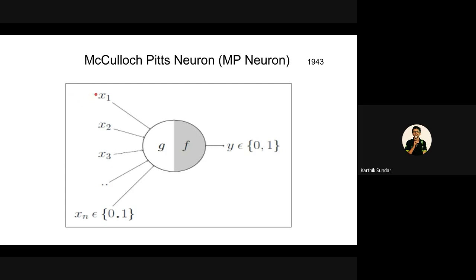So X1 can be whether your stomach is upset or not. X2 can be whether you're tired. X3 can be your stamina levels. So these can be the inputs. And what does the brain do? Based on the collection of inputs, it generates an output. The output is clear: whether you are actually hungry or not. So this is how the human neural network works.